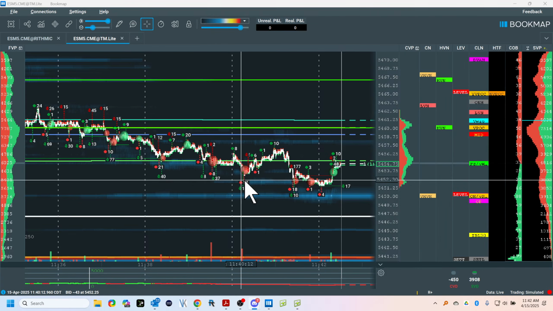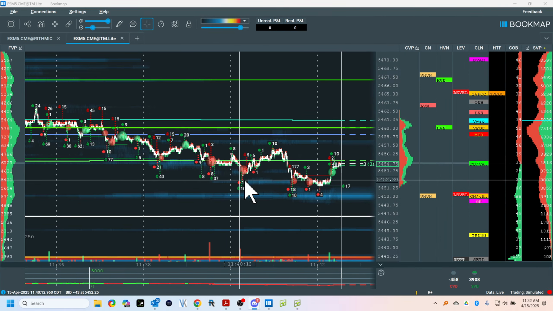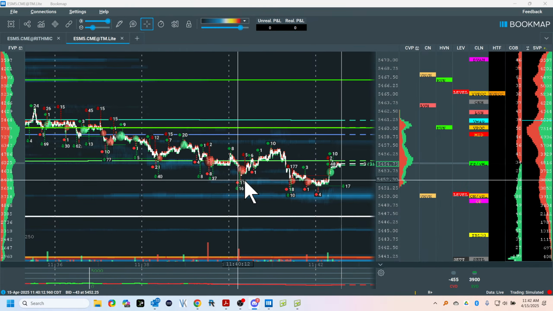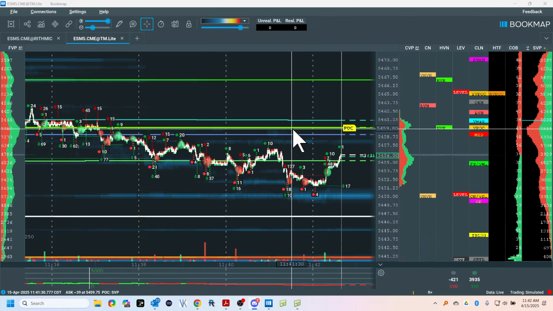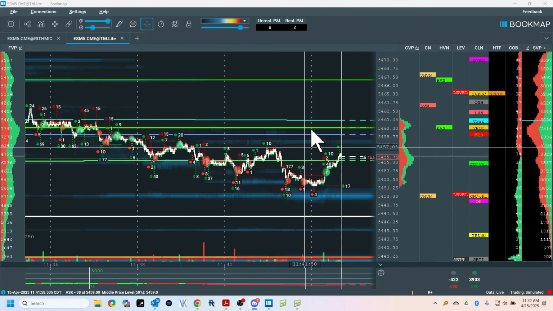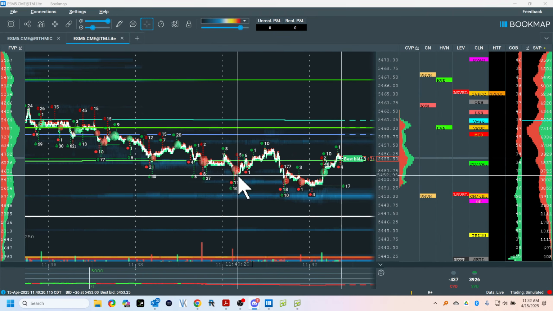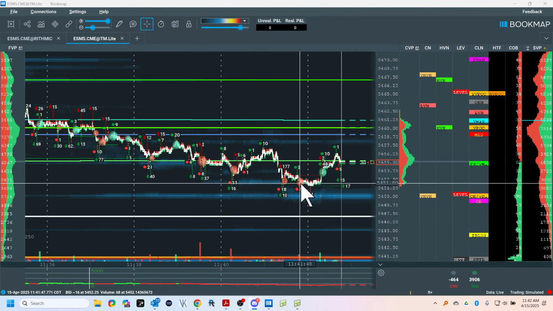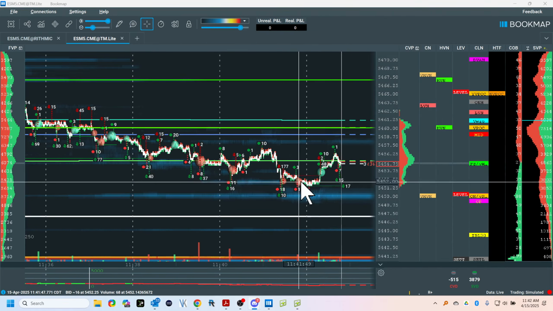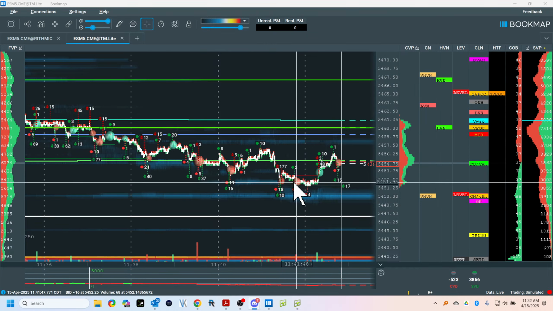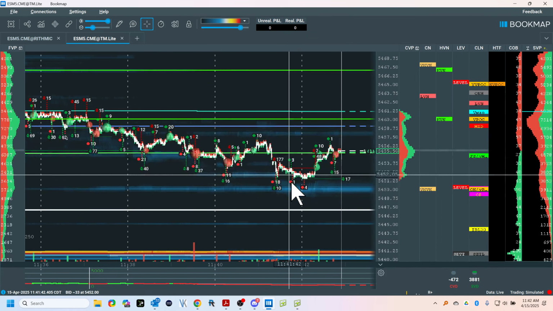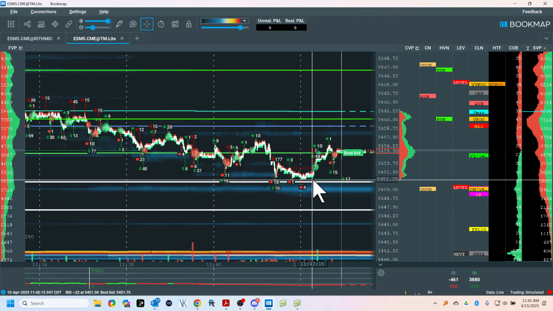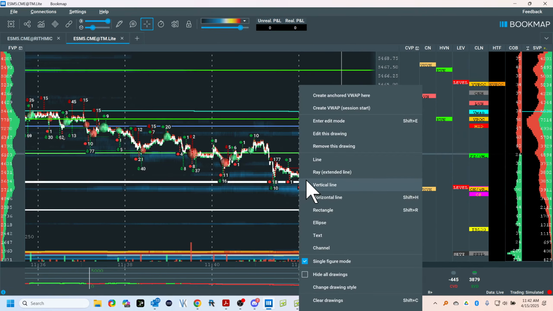Okay, now we got to see if these buyers can have some gas in the tank. If we can reverse from here, we can revert. Here's how you might think about this. The buyers got above the sellers here. This is micro support, this little node sticking out. That is not the right place.